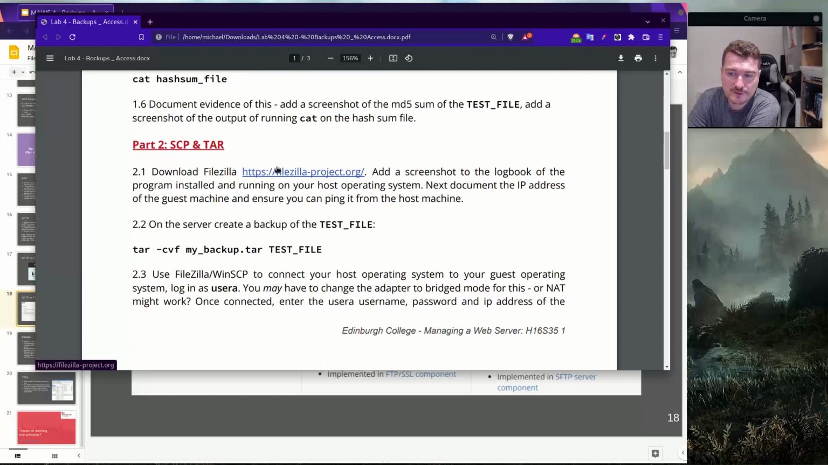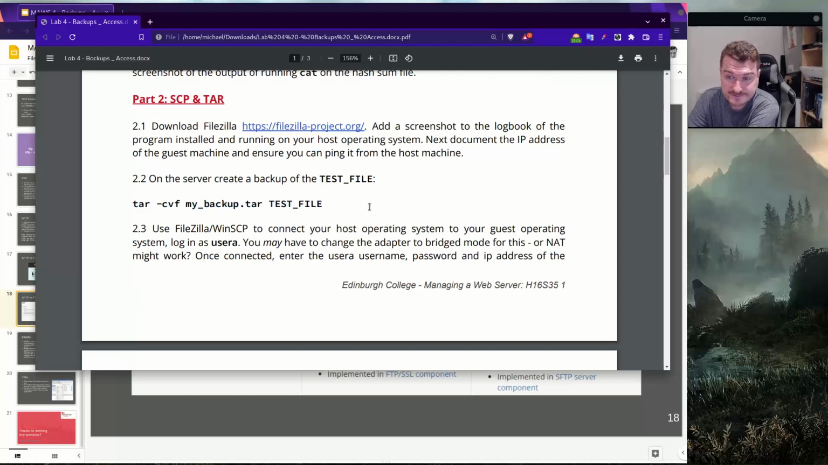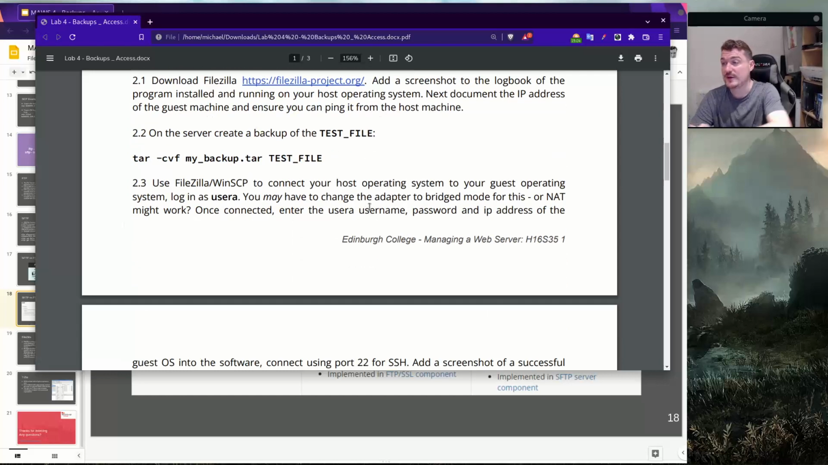Then we're going to download Filezilla. We're going to create a backup of the test file using tar. Then we're going to use, now I've left this up to you, you can either use Filezilla or you can use WinSCP. I think the difference between them is, apart from the fact one uses sftp and one uses scp,